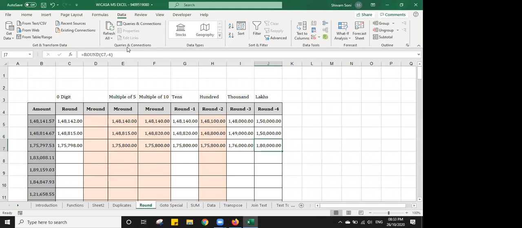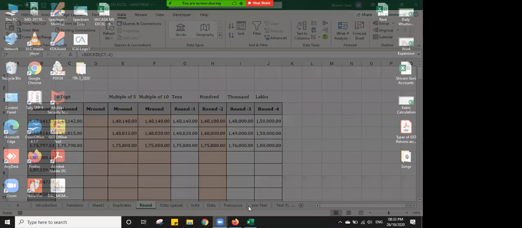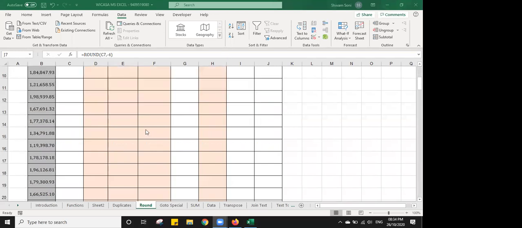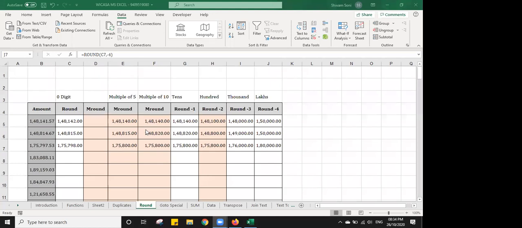It's 1,48,000 will be nearest to 1,50,000, 1,50,000 and 1,80,000. Okay. So these are the round formulas.